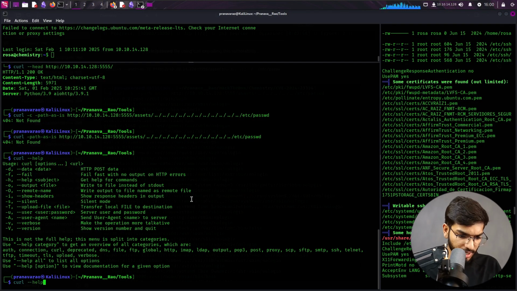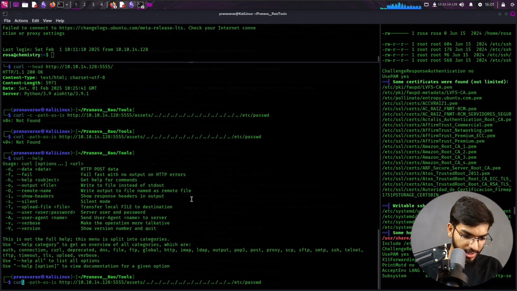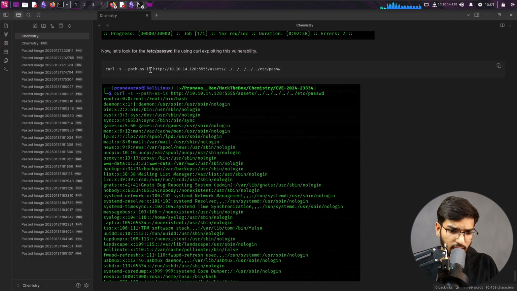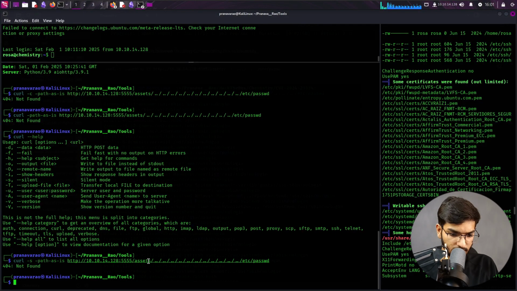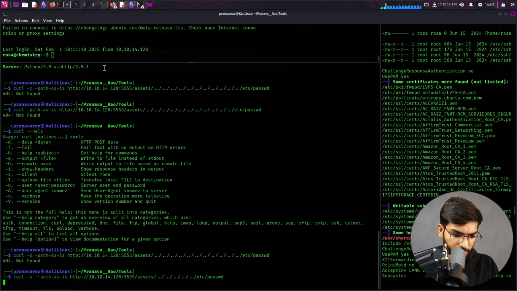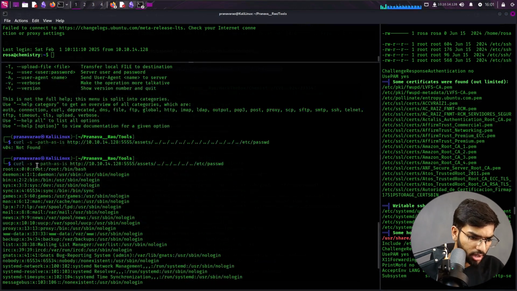Okay, let's just change that to path hyphen s. It says 404 not found itself. What is wrong here? Path assets http, passwd is the right command. Let's just change this. I'll just copy the same command and paste it in here. Oh, what's wrong here? So curl hyphen s path as is, http, the same thing is given, the IP address,